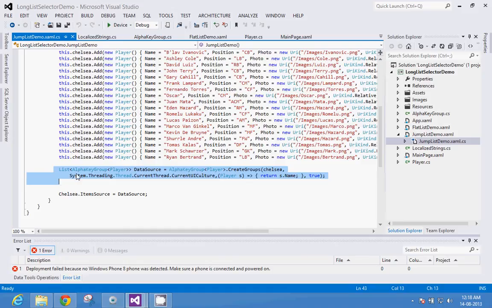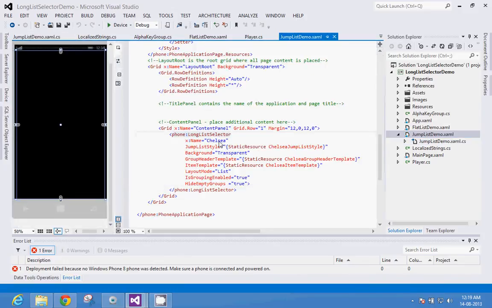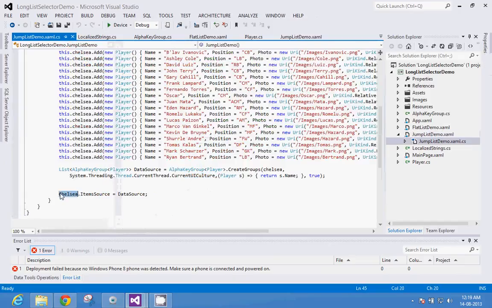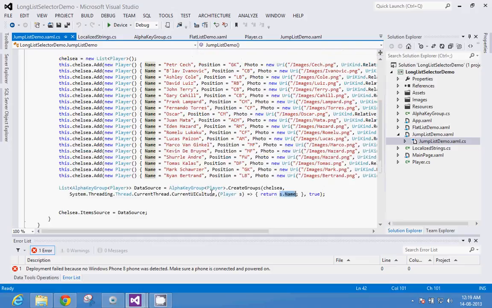So you can just use it, and then set the, this is Chelsea. Okay, this capital Chelsea is basically my LongListSelector's name. If you see my LongListSelector, I have named it capital Chelsea. Fine. So what I do is, I set the ItemsSource property of my LongListSelector to the data source, this new grouped collection. Fine. So in this code, the only change you have to make is to pass your collection, small Chelsea, and set the property on which you want to group them alphabetically. And you have to set the ItemsSource of your LongListSelector.